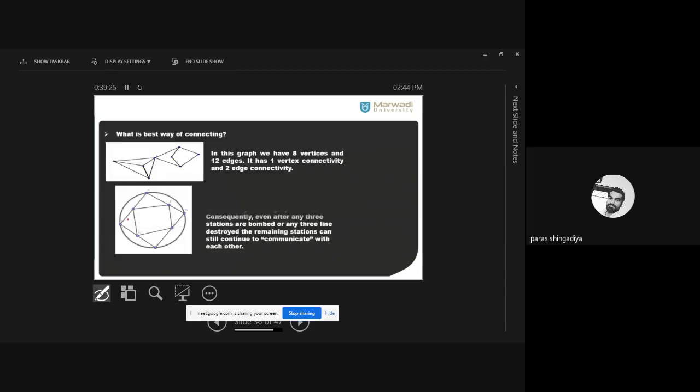And now based on this concept, we can apply it to real life also. So what is the use of connectivity in real life? Connectivity means edge and vertex connectivity. Where is it applied, where is it required, and why do we learn this concept in engineering, and where is it used in real life? Here one of the applications is given. What is the need of connectivity in real life?